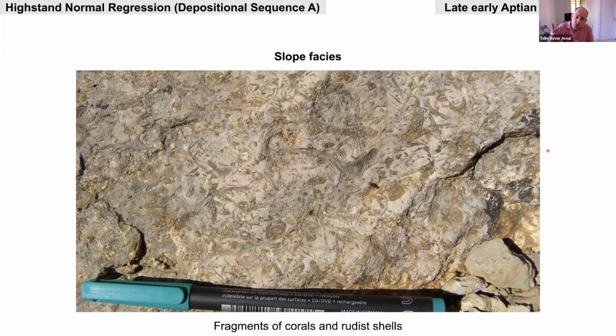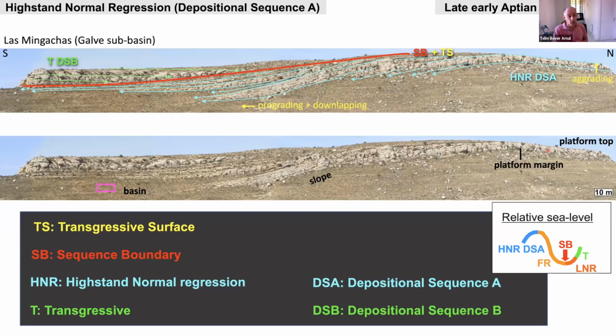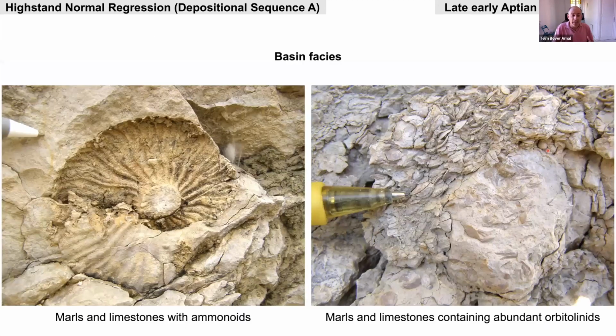It's carbonate that was resedimented down the slope, so everything looks very fragmented. They are mainly rudstones with fragments of corals and rudist bivalves. And finally, the basinal facies that correspond to the Forcall Formation are mainly marls, muddy limestones, and limestones with abundant Palorbitolina lenticularis, with abundant orbitolinids, and also abundant ammonoids, nautiloids, and solitary corals, and other relatively deep